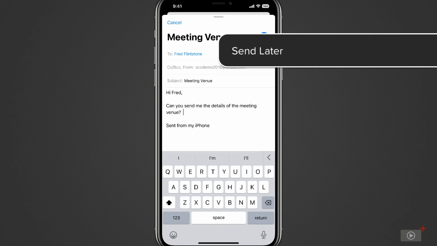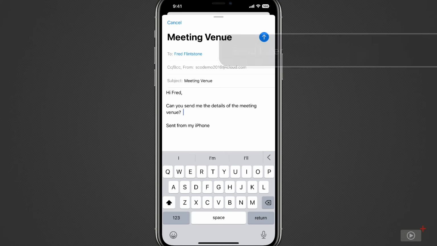Another feature that has now come to Apple Mail on iPhone is the ability to send your email off at a later time. Now, I know pretty much every other email client does this, but it's nice to see it come to Apple at last. To do this, basically, I've just addressed another email to Fred Flintstone, and if I long press on